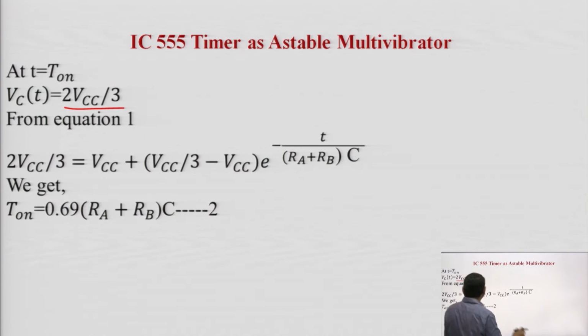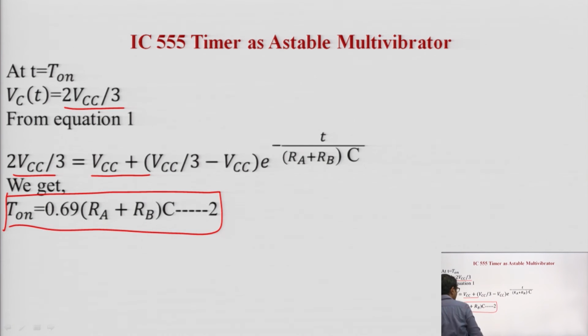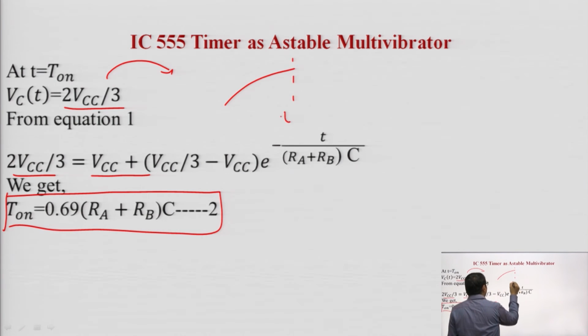So, this is the 2 Vcc by 3 to put the value, and we find the on time t on equal to 0.69 (Ra plus Rb) into C. This is the confusion here. It says that at t equal to t on,